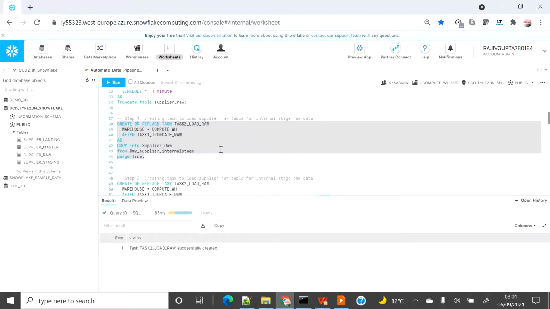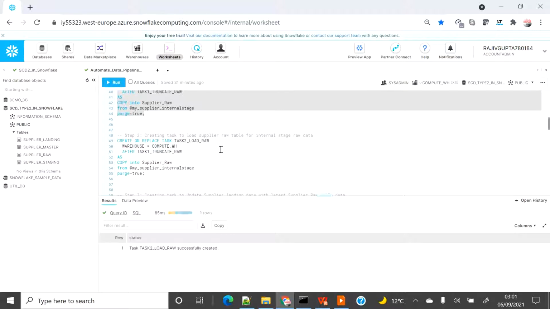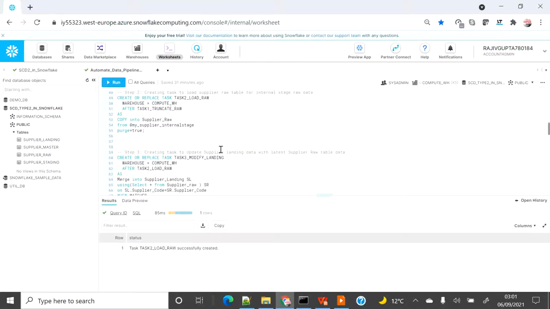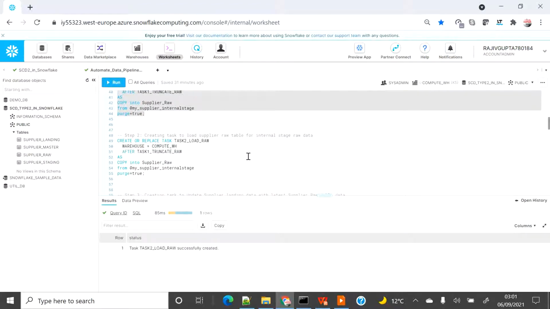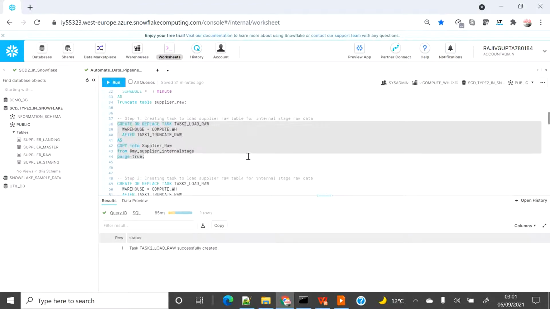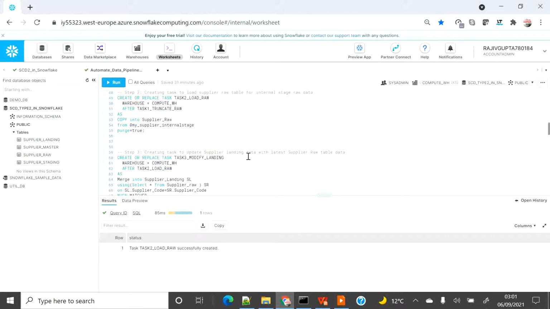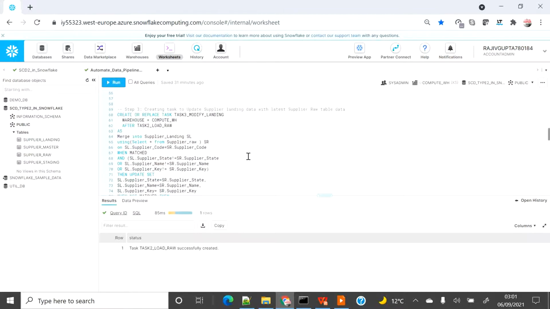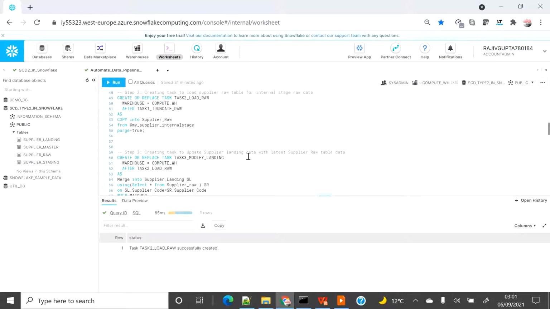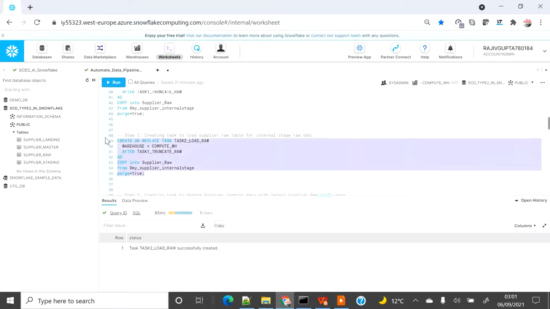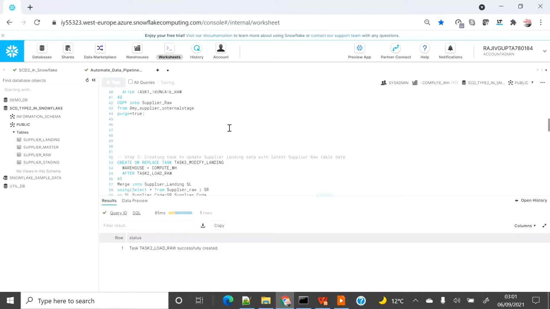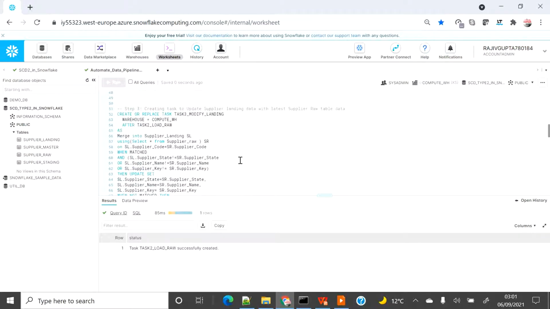So we created task 2. Now the task 3 was to, so we created the task 2, and then we want to create task 3. What is the use of task 3? Sorry, I have put the code twice. Let me remove this.